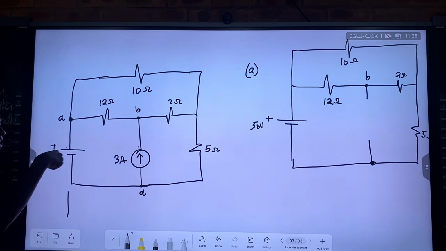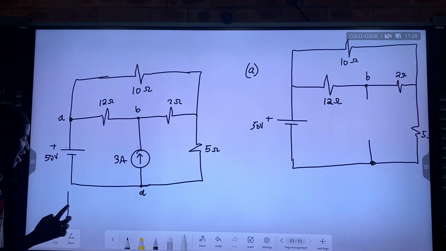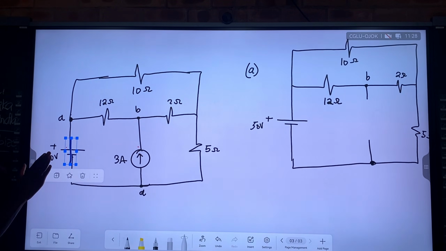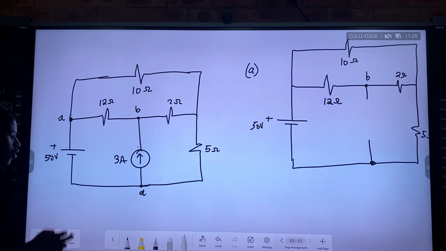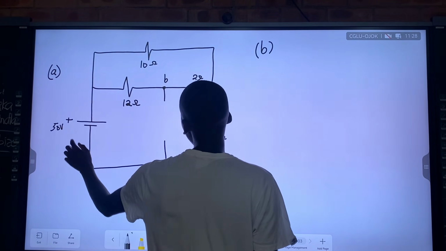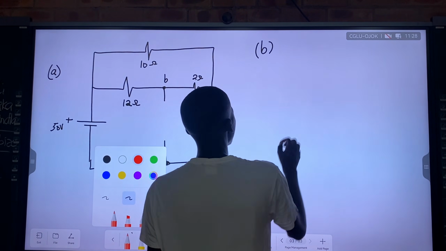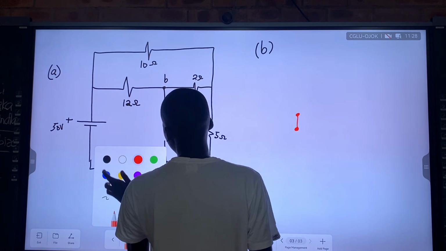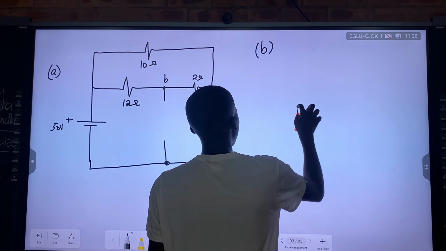So if I replace the voltage source with just a line, if I remove the voltage source and I just put a line like this with nothing, it means I'm short circuiting it. I'm removing the effect of voltage, because if voltage across this is zero, all right. So lana, instead of writing the 50 volts voltage source, I'm just going to put an empty line to show that I am short circuiting this.